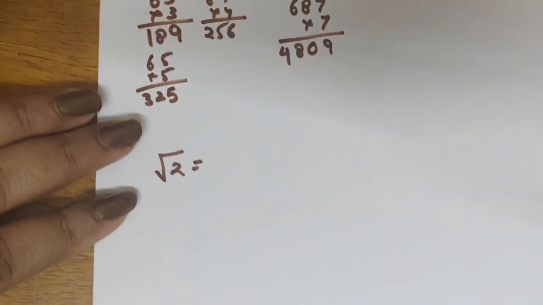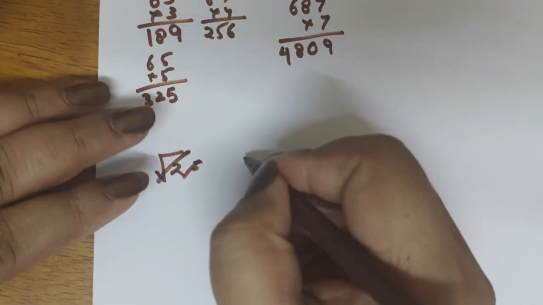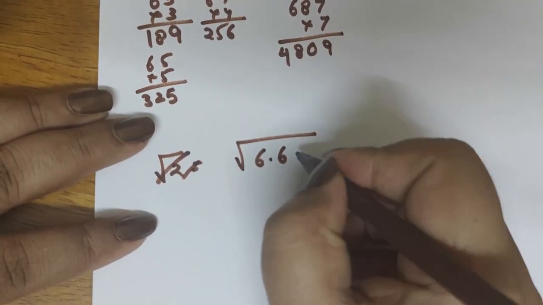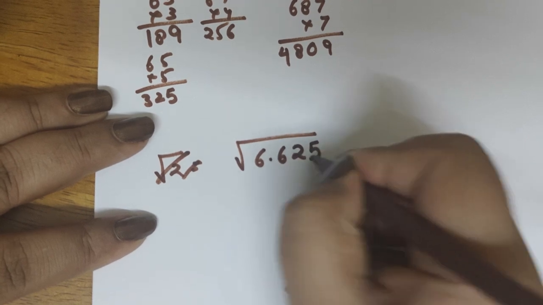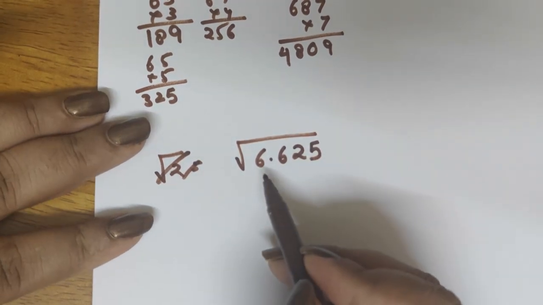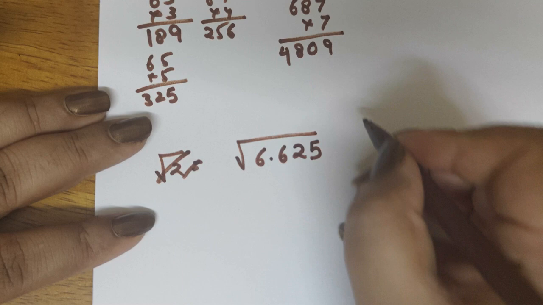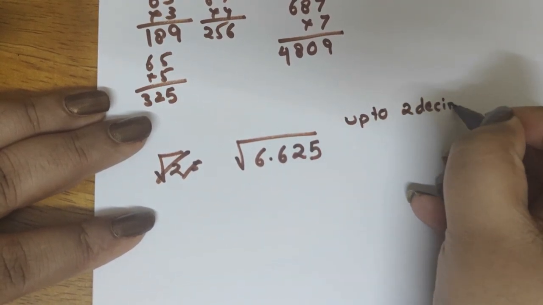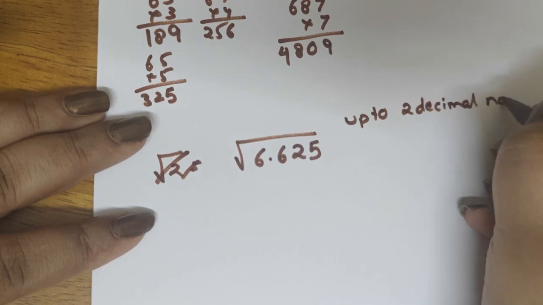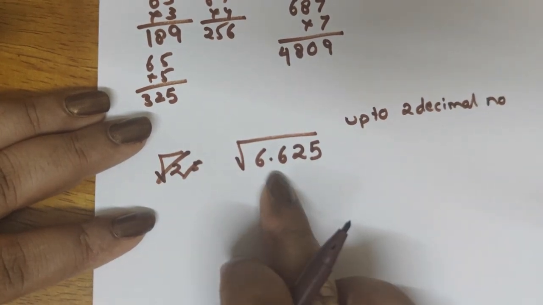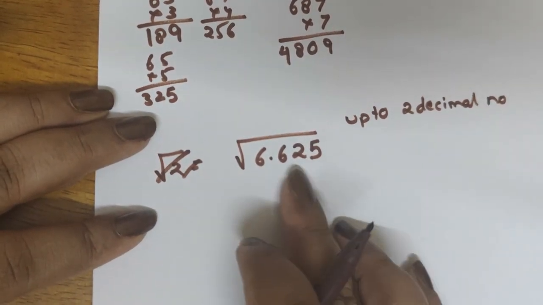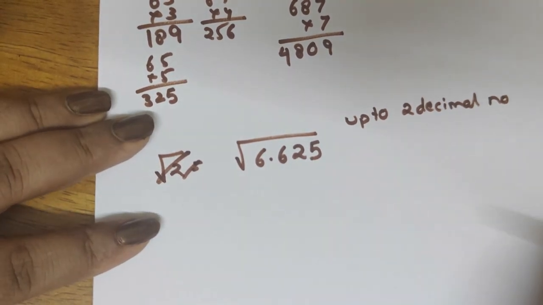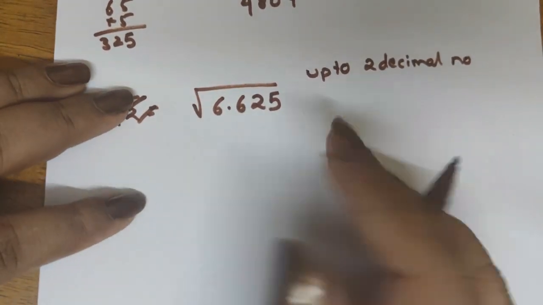If I have a number, say I want to find the square root of 6.625 up to 2 decimal places. Okay, what I will do is I will find up to 3 so that I can round it off. Okay, so let's start. First of all, as we did,